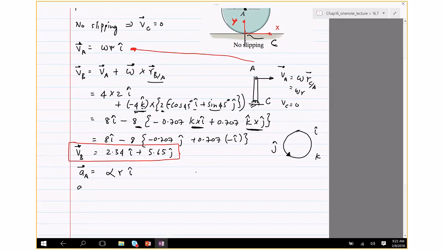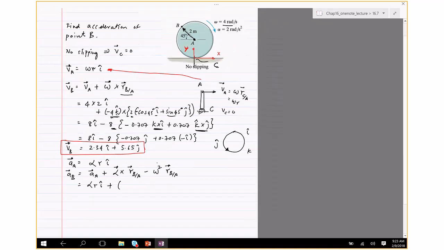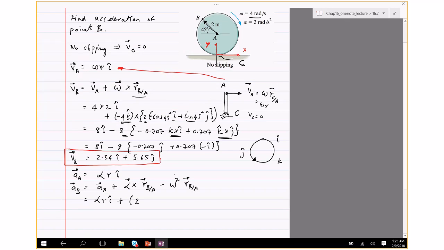So now we can use the relative acceleration formula. a_B is a_A plus alpha cross r_B with respect to A minus omega squared r_B with respect to A. So a_A is alpha r i, plus. What about alpha? Alpha is 2. And what's the direction of alpha? Is it plus k or minus k? Minus k, because alpha is in the clockwise direction. So minus k